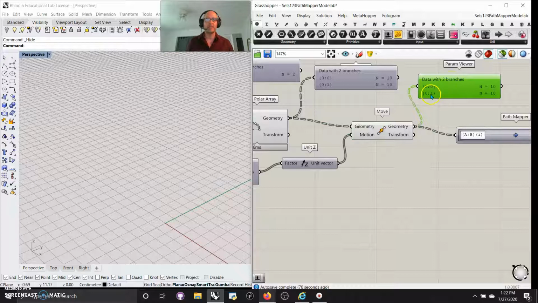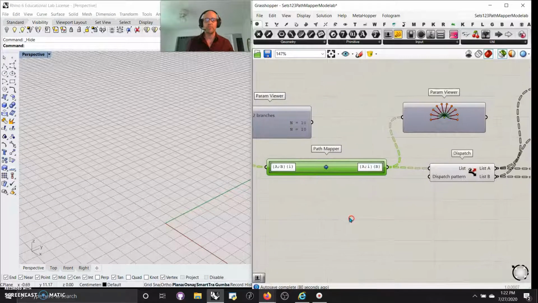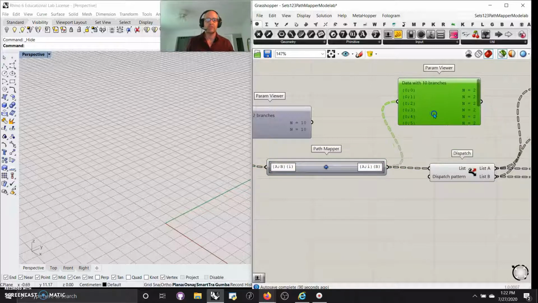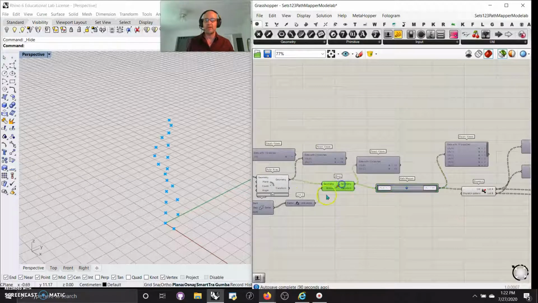I now have 2 branches again. 0, 0, and 0, 1 that have 10 items on each. In doing so, I can use the path mapper just to gain access to the data and show it. I now have 10 branches as I lofted 10 times through a series with 2 items on each, which gives me, and it's hard to see because the geometry is not there, I'd have to go back to it, basically